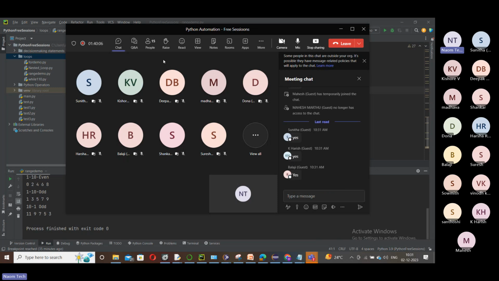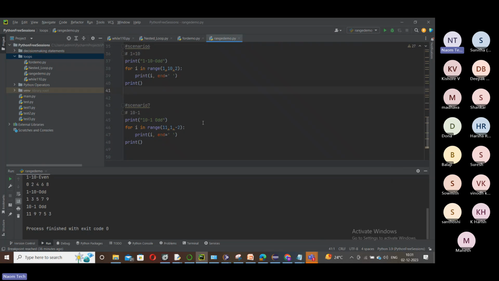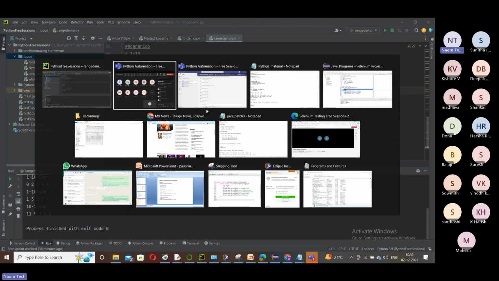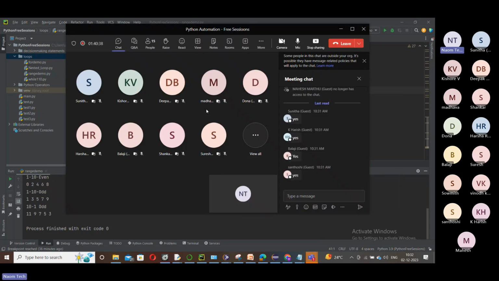One is about playing with while, the different loops and nested while. We saw a couple of scenarios covering while. And then again we came to for, and we understood the very important point of range and the different forms of range. We saw many scenarios to play with range in today's session. So this should give you a clear picture of how to play with this. Okay. So that's for today.